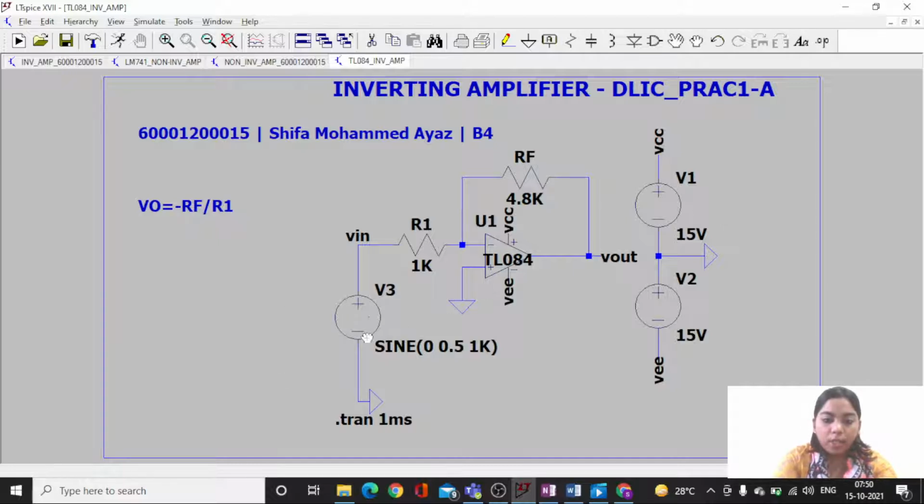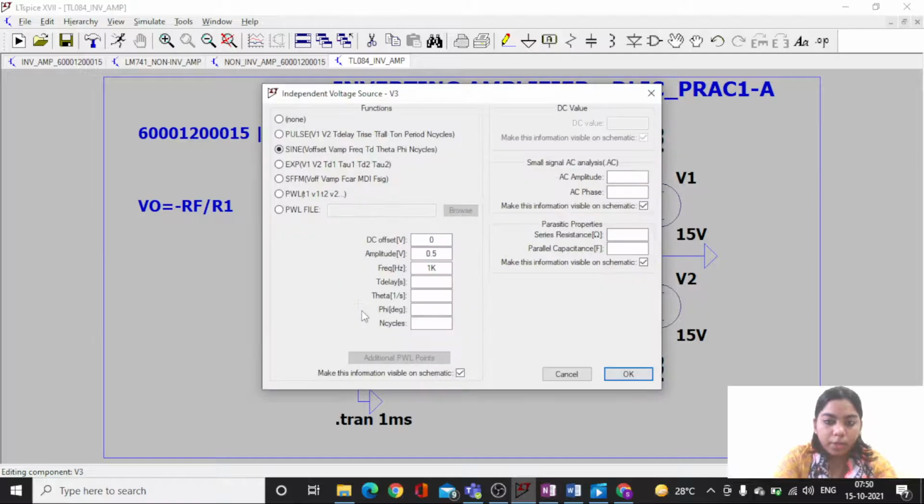I have taken a voltage source over here and I'll be right-clicking on that. You get this pop-up window which has these many functions. I have taken a sine function where my DC offset is 0, amplitude is 0.5 and frequency is 1 kilohertz.